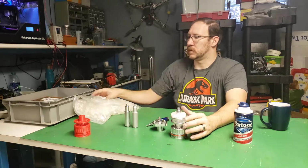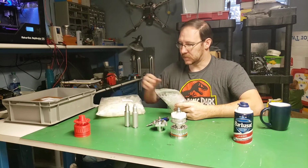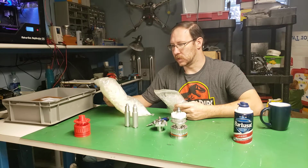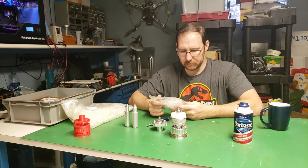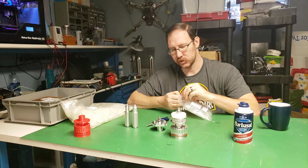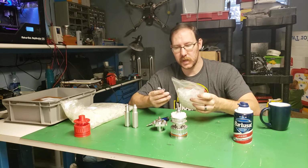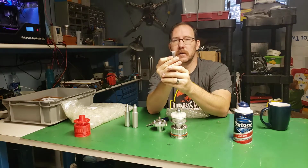So the vials, for anybody interested, are basically an off-the-shelf 1.5 milliliter micro centrifuge clear vial. I got these initially, which were micro centrifuge vials as well. They're a little different, and so I ended up buying another batch. These come in a pack of 50, and you need 10. But you can see this has a fold and snap cap,